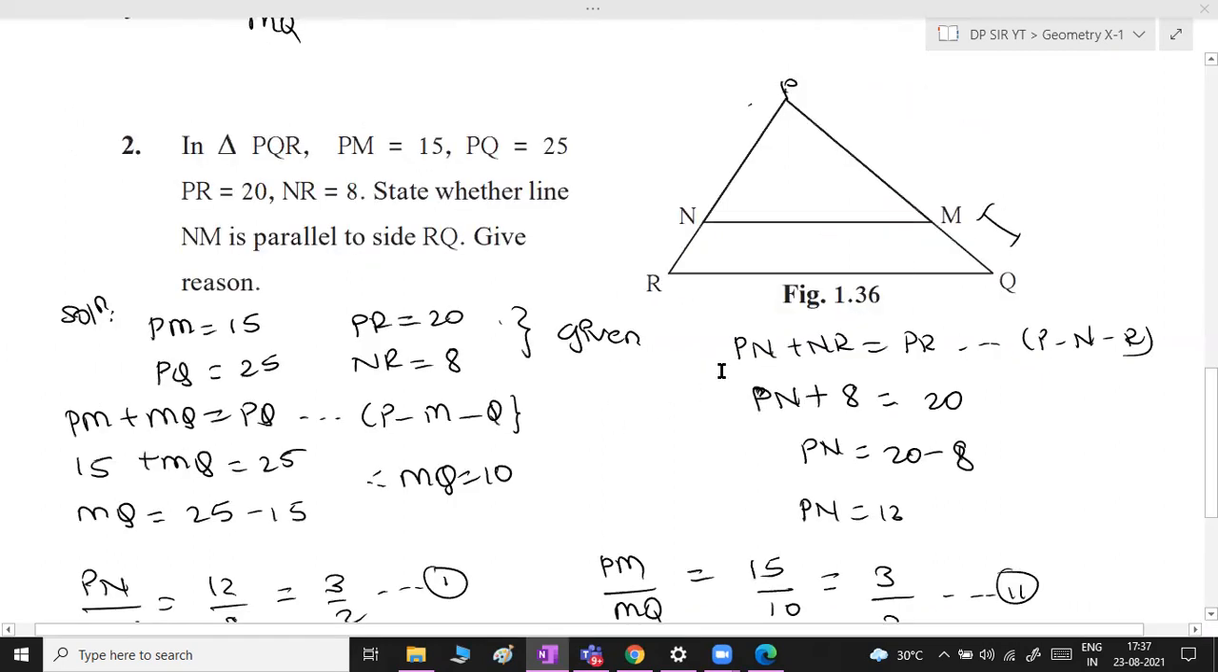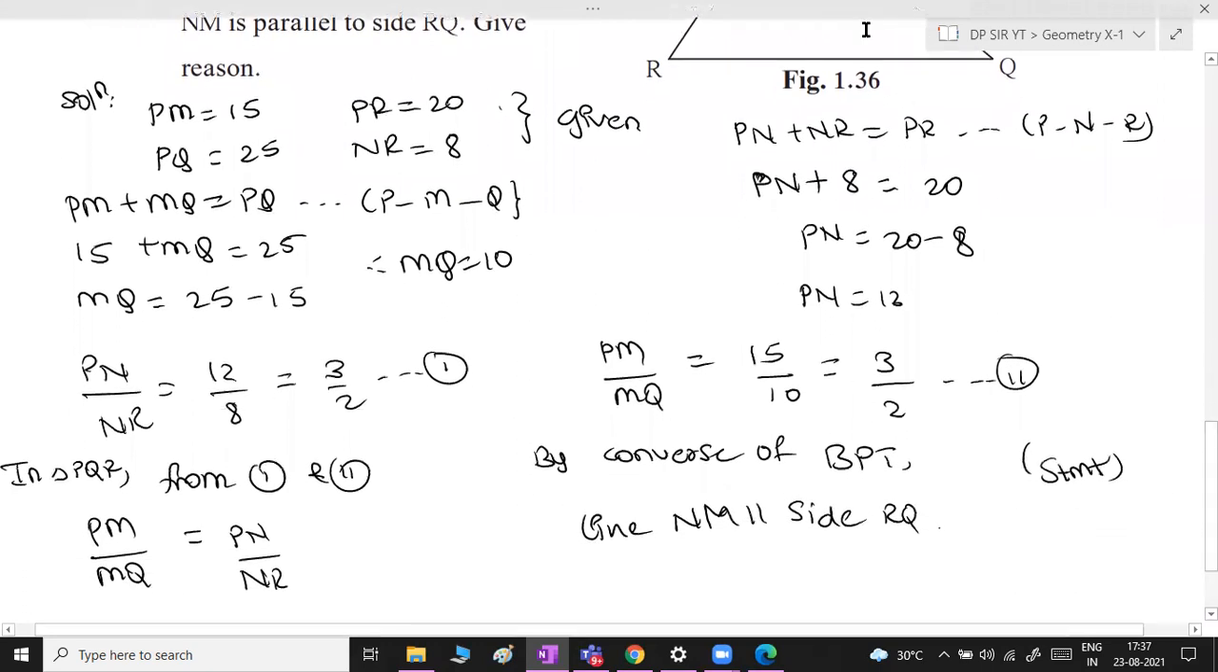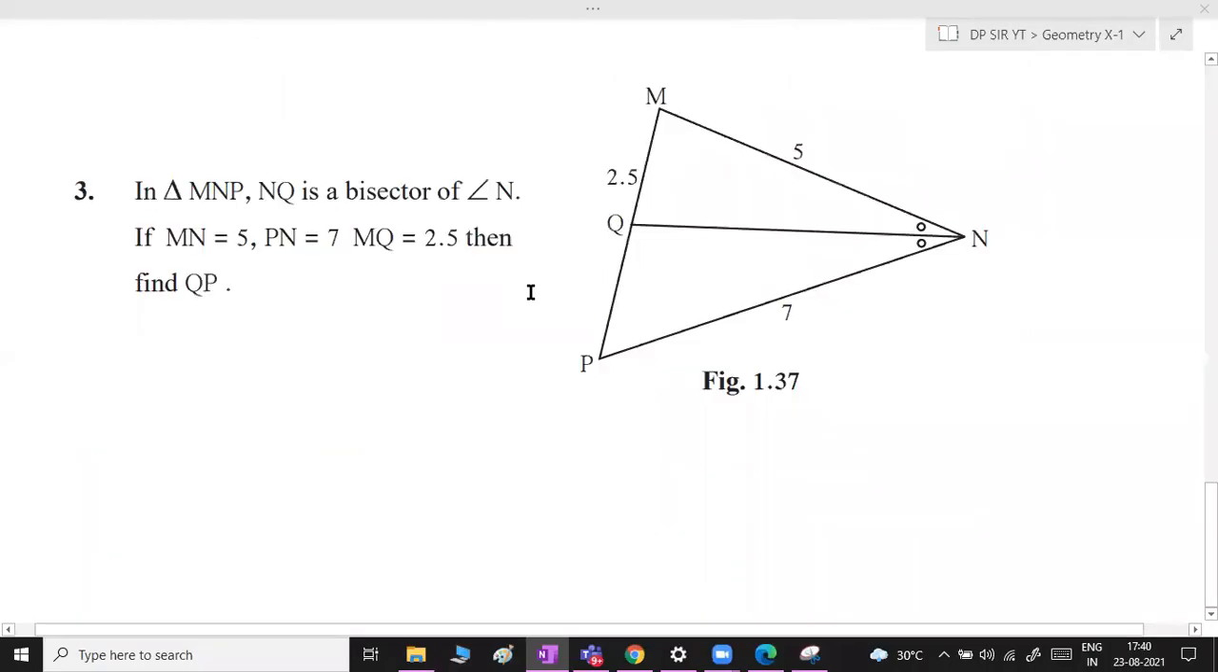In the meanwhile, I will copy paste the next question. So let us resume with the next question, that is question number 3, in which they are asking me to find the value of QP. So basically I need to find QP, and what they have given is, in triangle MNP, NQ is bisector of angle N, if MN is equal to 5 and PN is equal to 7, MQ is equal to 2.5, then find